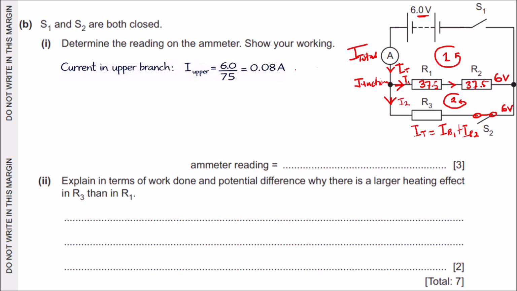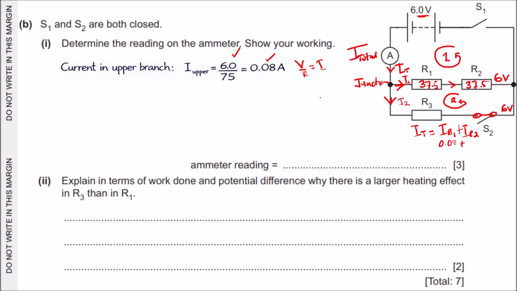Now, according to Ohm's law, V over R is equal to I. What is V? We said this branch has 6 volts. What is R? It has a total resistance of 75 due to the combination of these two resistors in series, giving us a current of 0.08. So we can safely say current 1 in branch 1 is 0.08